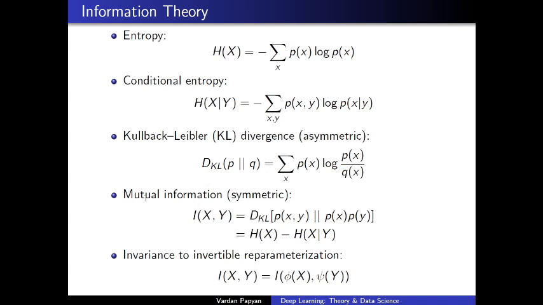Another thing is mutual information, which is symmetric. It means that there's no difference if you put x and y or y and x, and it originates from the KL divergence of the joint distribution of x and y and the multiplication of their marginal probabilities. You can see if we put x and x here, it would become H of x minus H of x conditioned on x, and it would be 0. So if mutual information is 0, it means that the distributions are the same, and the more it is, it means that